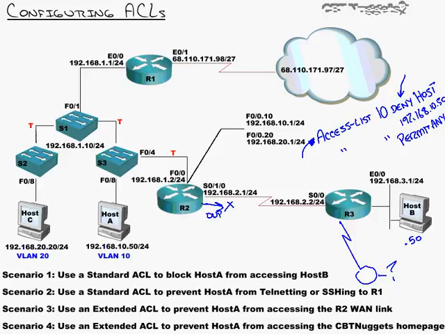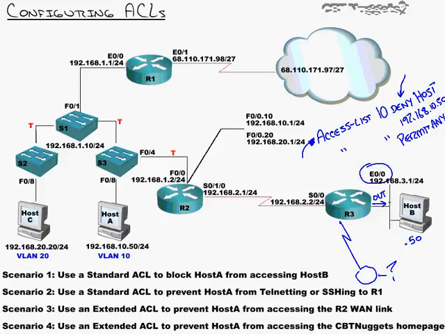So let me just keep that imaginary network there for now. So other potentials, we could apply it inbound right here, but same problem. As soon as he tried to come in router 3, he wouldn't be able to get out to this mystery network over here. The best place to put this is as he goes out. Again, hold your arms out. You are a router. As the host A goes out the router 3 Ethernet 0/0 interface, it's going to say